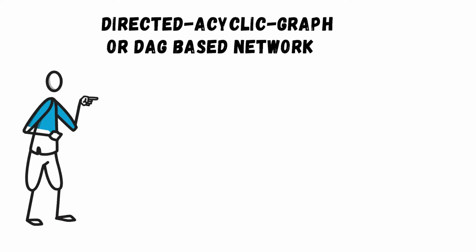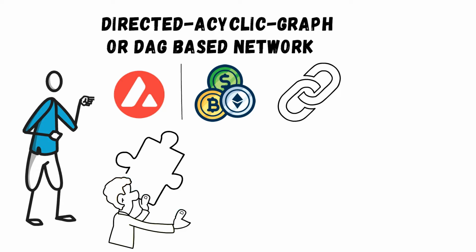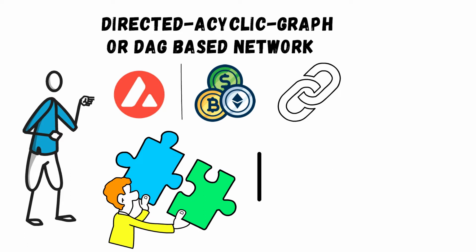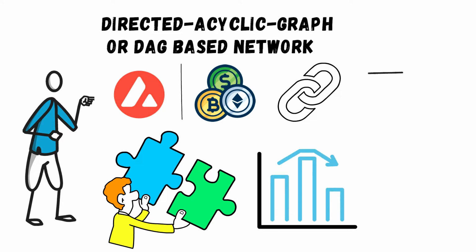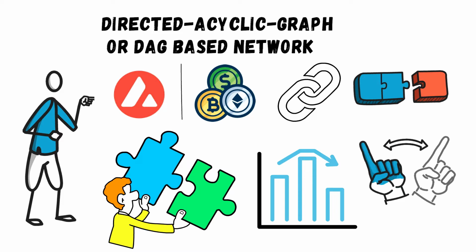Directed acyclic graph, or DAG-based network. Now, before we jump onto the features of this blockchain, let's first see how this blockchain distinguishes itself from others. In a normal blockchain, a block is added to the chain which contains sets of transactions. These blocks are placed one after another, in chronological order after being validated successfully. The reason why this blockchain concept is not scalable is that the block cannot be added to the chain until transactions are validated and approved, and the chain has to wait for the next blocks to build further, as they cannot overlap or build in a different order. This increases the time and decreases the overall throughput of the network.